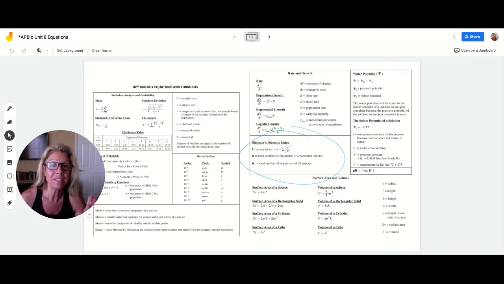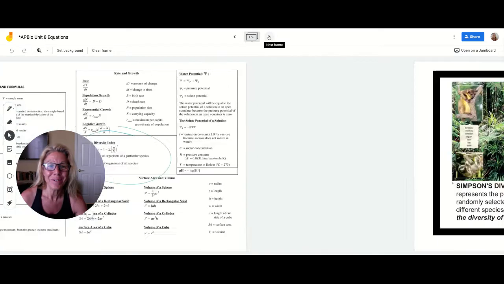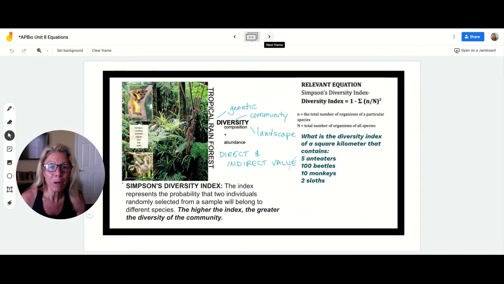By purpose, I mean how does this tie to the curriculum? Why is this equation important for you to know? And then I'll give you some practice on how to do it, all right? So let's get going. To understand the purpose behind Simpson's diversity index, you need to understand that there is